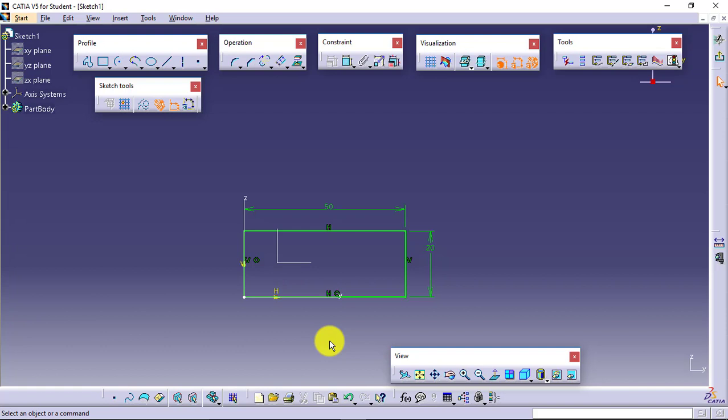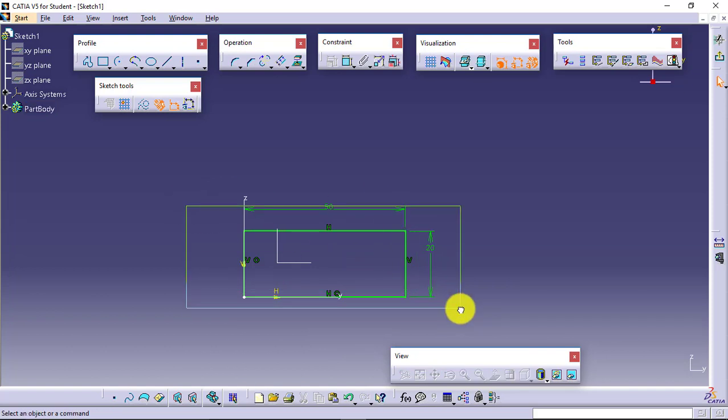So sometimes what happens, we prefer geometrical constraints over dimensional constraints. And how can we do this? We can create our sketches with respect to the origin. I will try to create the sketches as near as possible to my origin, so that it will help me in reducing the number of constraints which I have to apply. If I would have created this rectangle at 0, 0, then it would have been very easy for me by applying just 2 dimensional constraints, and I would be able to make it fully constrained.